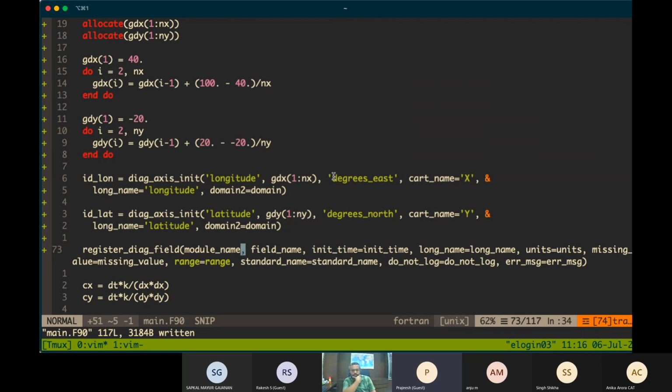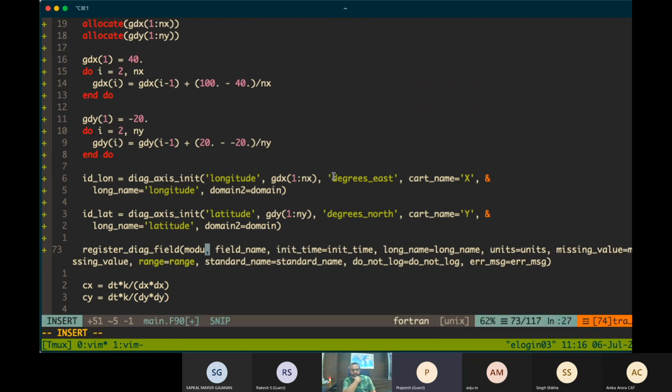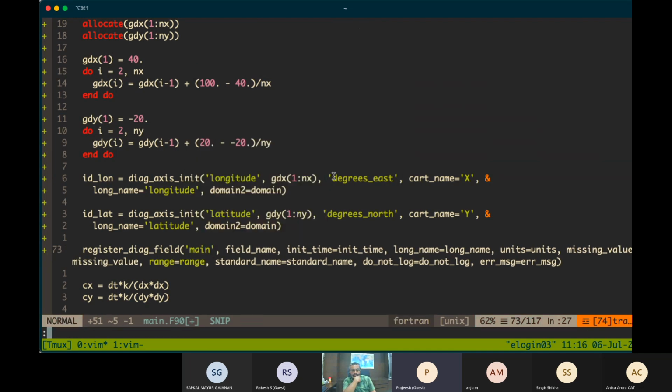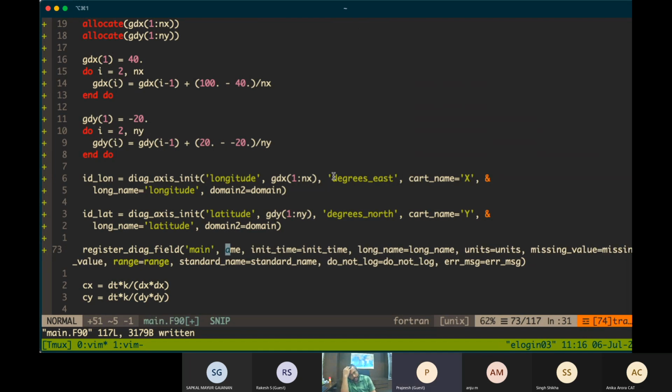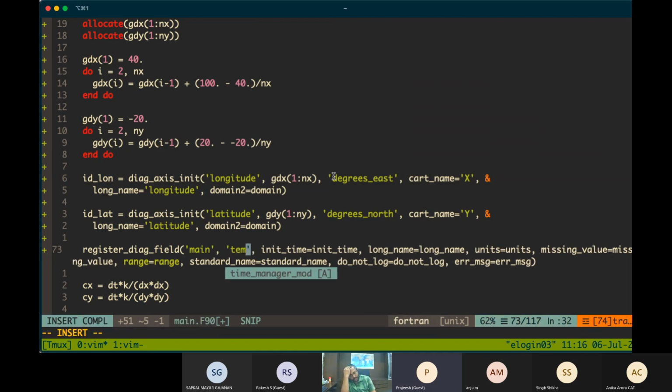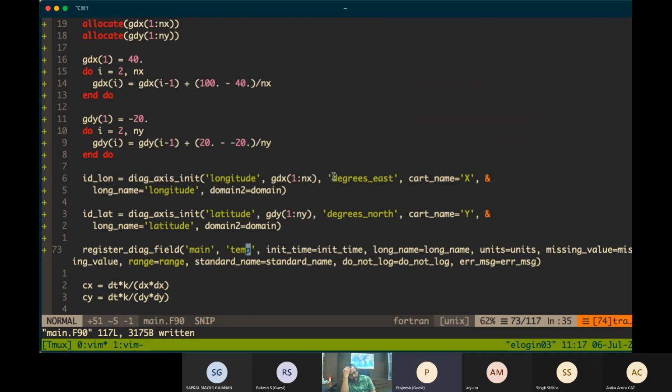So let's say we give the module name as main, and the field name as temp. You have to give exactly main, temp in the diag manager to get the variable from this particular module.